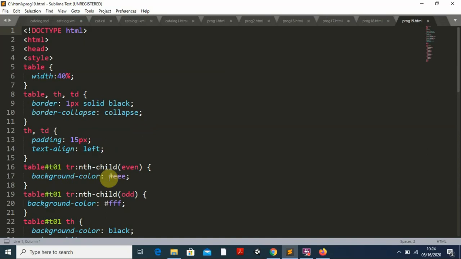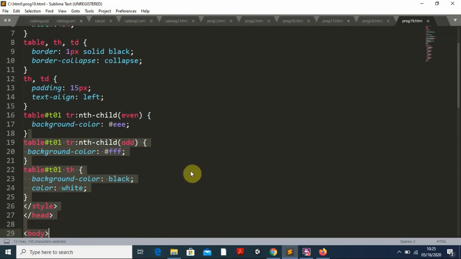Table row nth-child, see, I am writing even and odd. So I am creating even, with a background color like this, and I am putting odd, with a background color like this. That means whatever data we enter, the even line color will be this one, and the odd line color will be this one. It is most probably a gray color and a white color. FFF means white color.